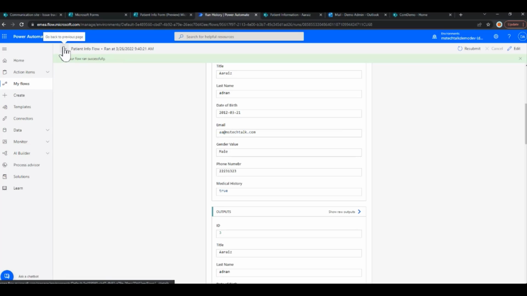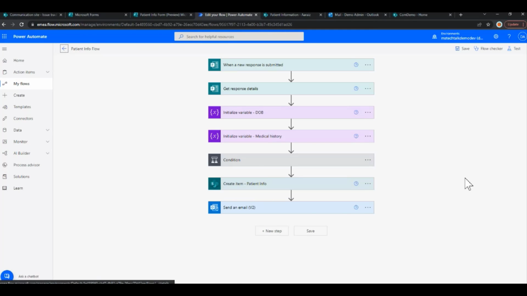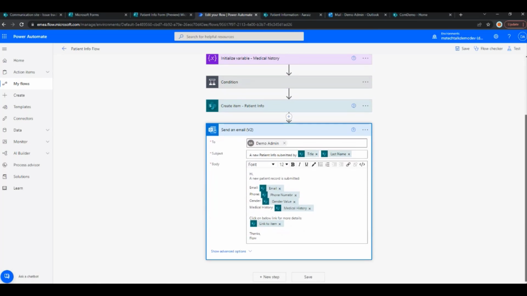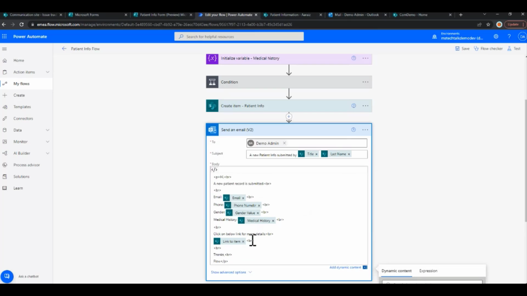So if I go back to the flow here, edit the flow and go to the email step here. You can see we can add a text field here. I can't add the value of the link here, so I change it to hyperlink like this one. If I add the link manually,